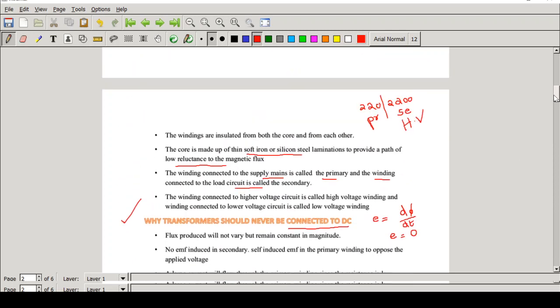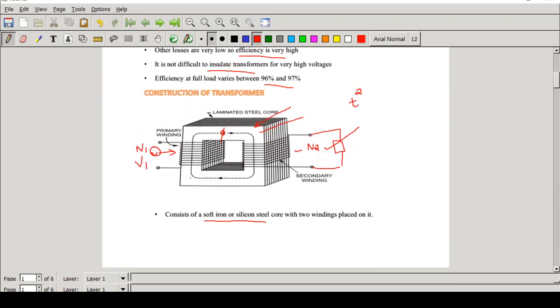So using this diagram I will explain. When you are giving a voltage V1, a current will flow through the primary winding. So here the direction is like this. When the current flows, what will happen? A flux will be created, right? And this is an alternating flux because we are providing an AC as the input. So this alternating flux will link both the primary winding as well as the secondary winding.